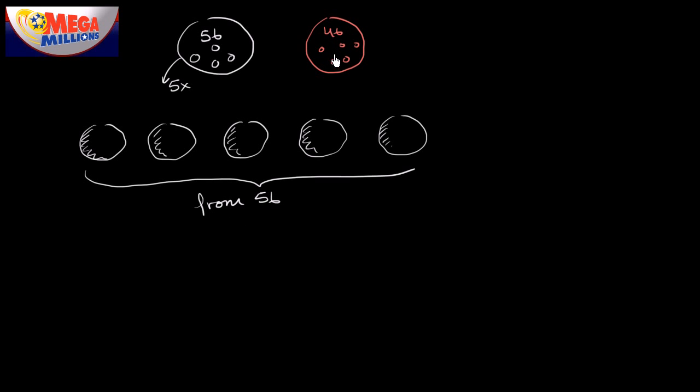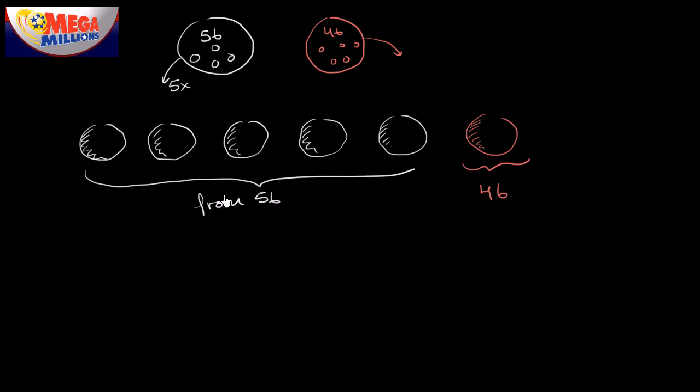And then you have to get the mega ball right. They're going to pick one ball from the other bin, which they call the mega ball. This is going to be 1 of 46, so from a bin of 46. And so to figure out the probability of winning, it's essentially going to be 1 over all of the possibilities of numbers that you might be able to pick. So essentially all of the combinations of the white balls